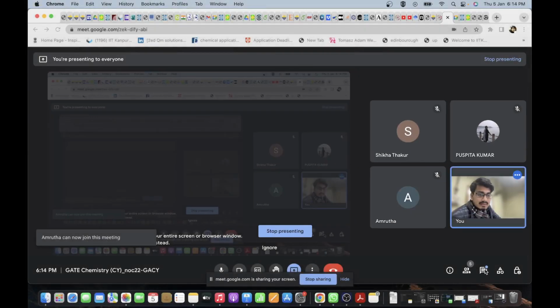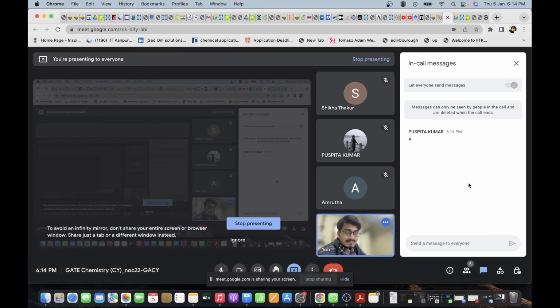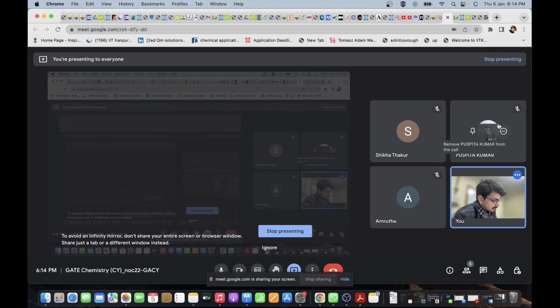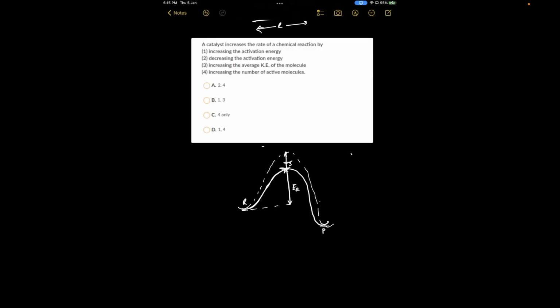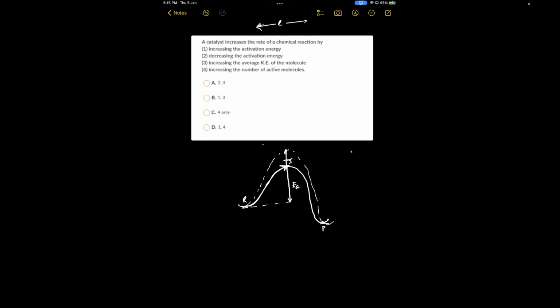Okay, so I think the answer is 2 and 4, yeah. So basically, just a second. A catalyst actually increases the rate of the reaction, right? Rate of the reaction increasing means the activation energy is decreasing, that's why the rate of the reaction is increasing. So decreasing the activation energy is definitely a correct answer, but option 2 is not